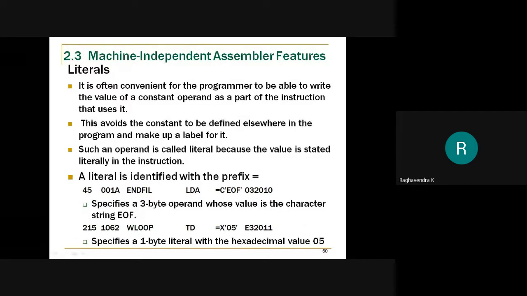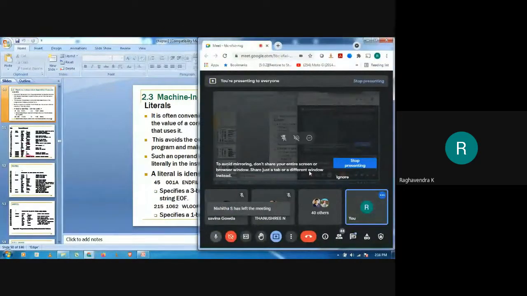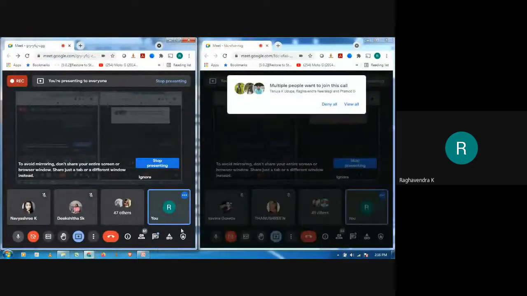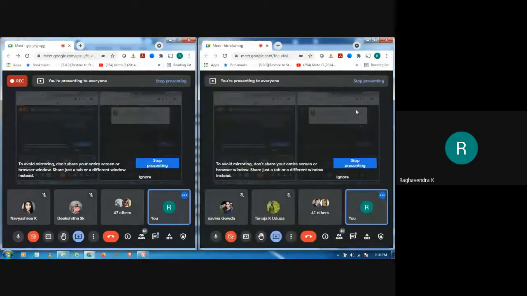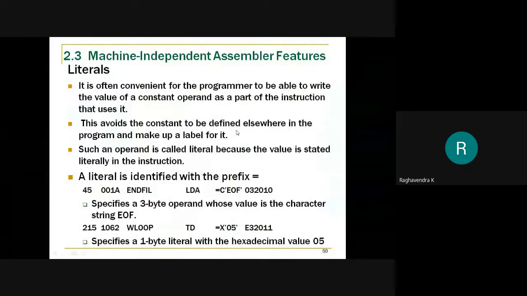The first feature that is supported is called literals.